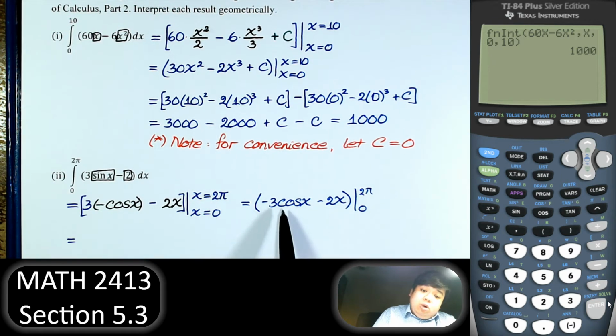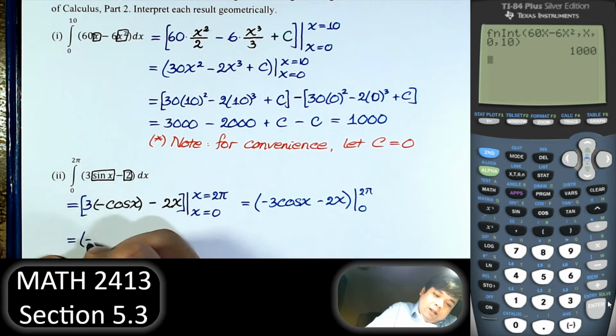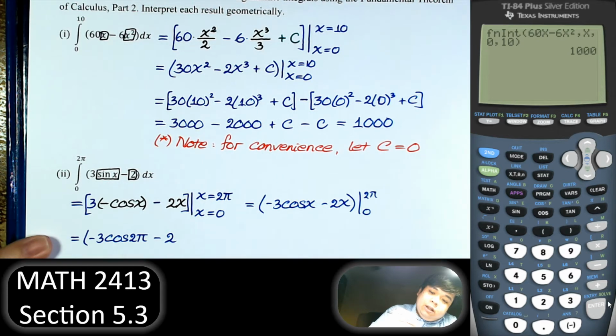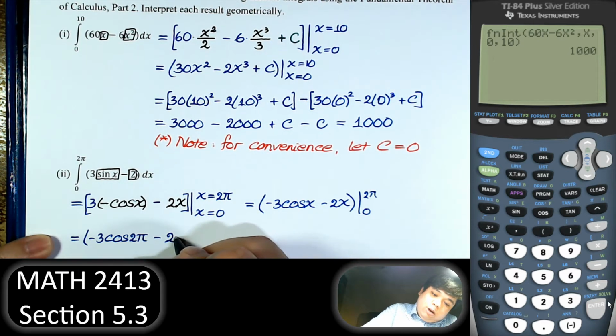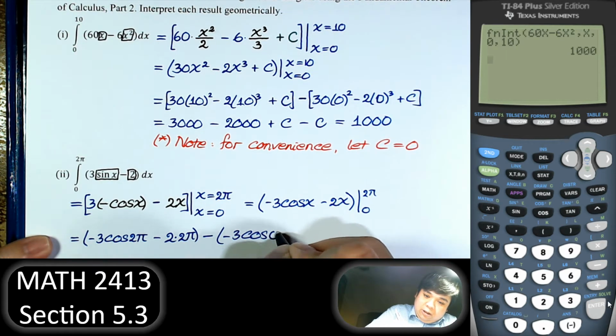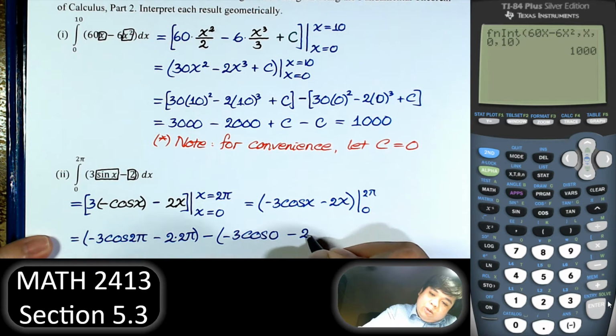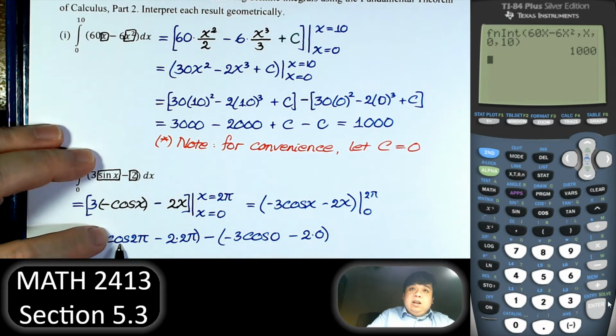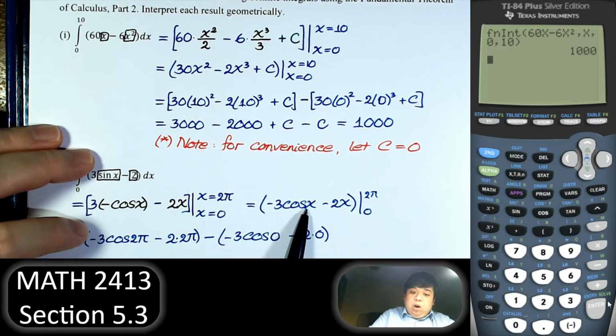Right, put in 2 pi: negative 3 cosine of 2 pi minus 2 times 2 pi, minus negative 3 cosine of 0 minus 2 times 0. Just put in the upper limit first, put in the lower limit, and then subtract